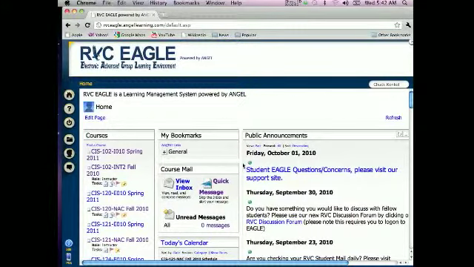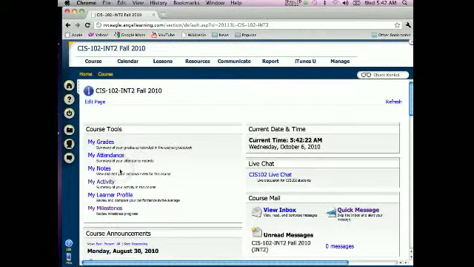My name is Chuck Conkle, CIS professor, and I'm going to show you some things to help you get started with RVC Eagle. When you log into Eagle, you'll notice on the left courses you're teaching. I'm just going to show you how to set up your course content for delivery as far as structure goes